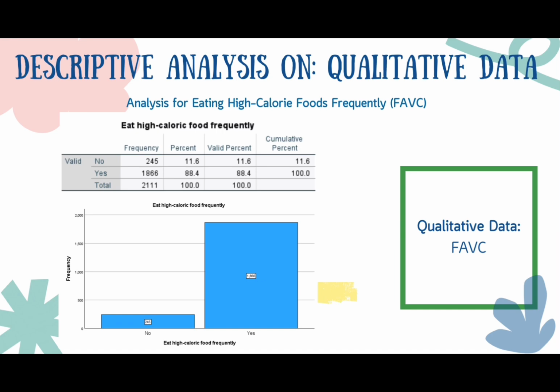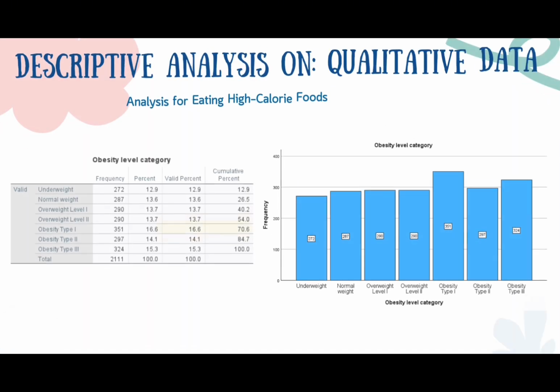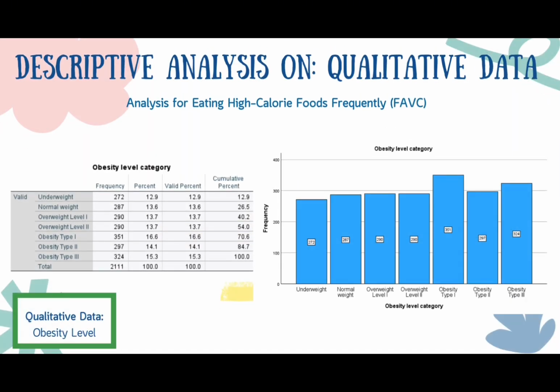The bar chart illustrates the significant difference between the two groups, yes and no. The number of people who eat high-calorie foods, 1866, is higher than the number of people who don't eat high-calorie foods, 245. Analysis for obesity level. The frequency table and bar chart show the distribution of obesity levels, and the categories are